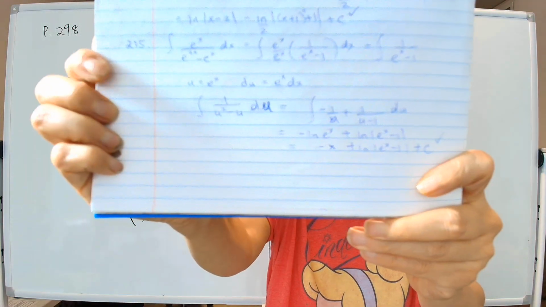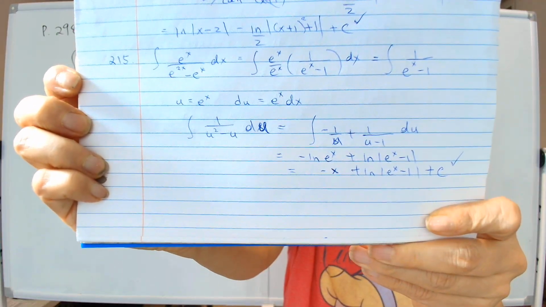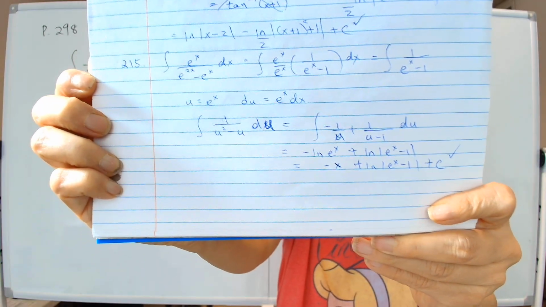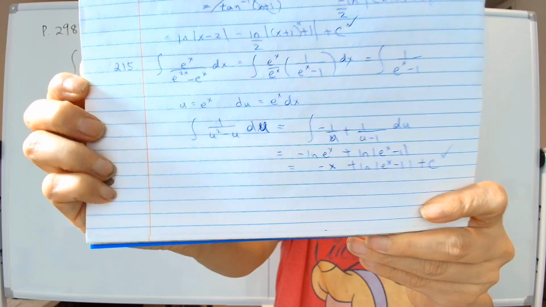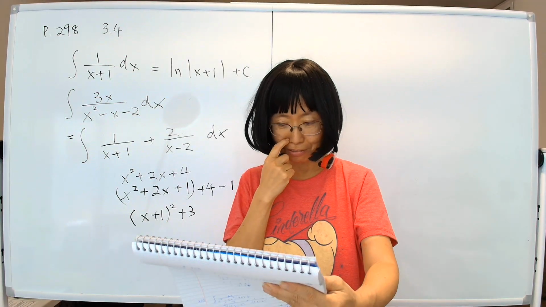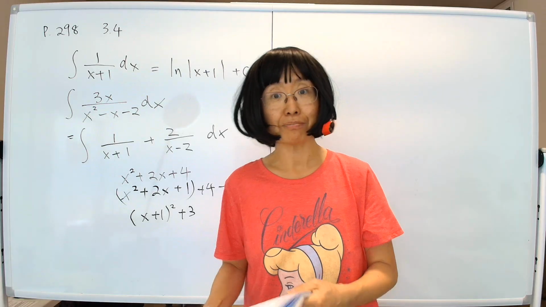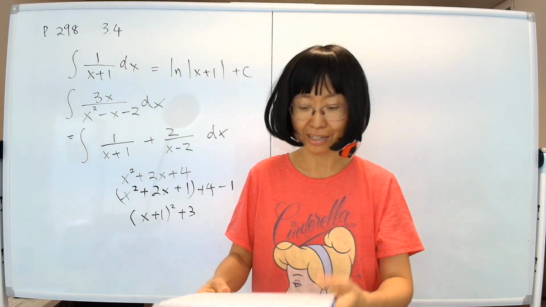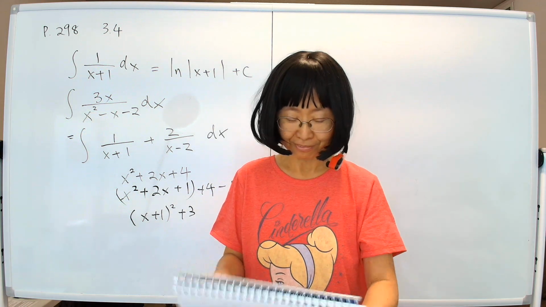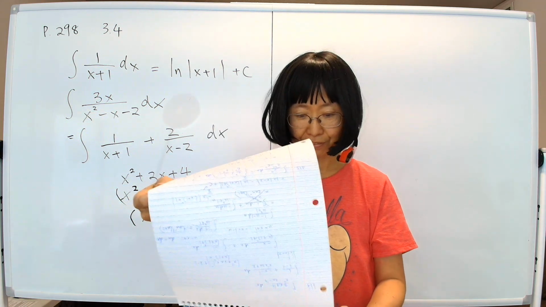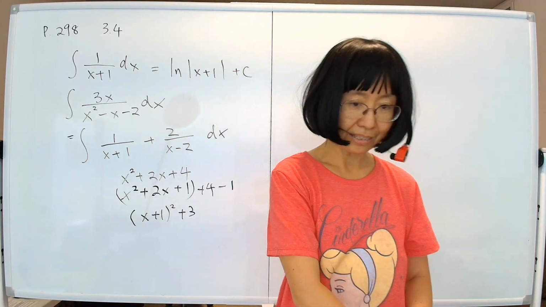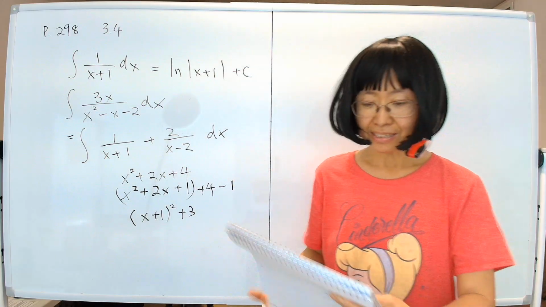So the answer ends up being natural log of e to the x, which is just x, because natural log and e are inverse functions, and then plus natural log of some other stuff, and then you're home free. But that was a pretty nice problem, which shows that sometimes you might want to multiply by e to the power x. That's another trick to fix a problem that otherwise looks basically impossible. So that's 215. Next, let's look at problem